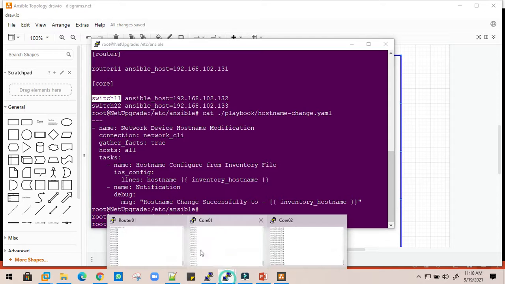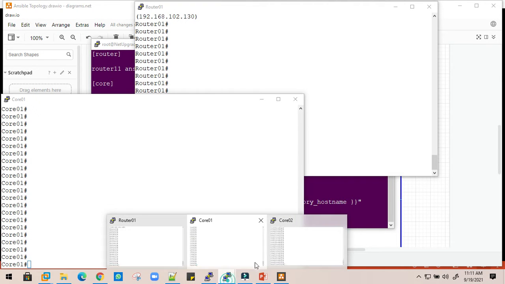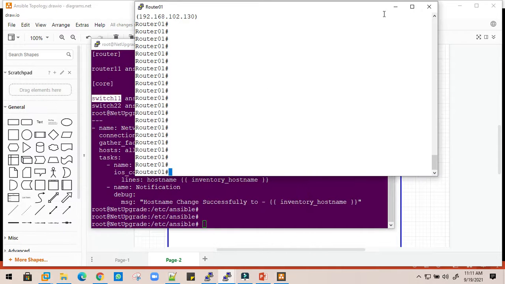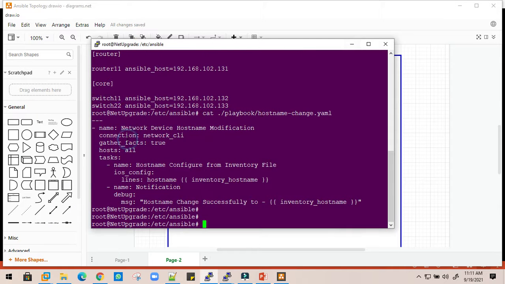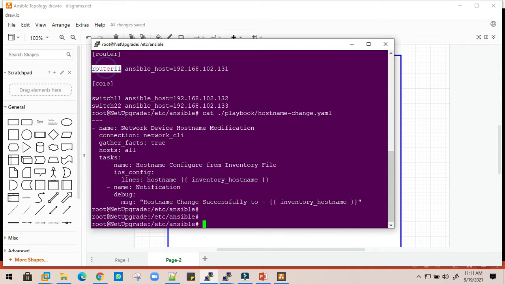We already verified that the names of the devices are router 01, core 01 and core 02. Once Ansible executes this playbook, it will change the hostnames as per the inventory file. After executing the playbook, the router hostname, now router 01, will be router 11, and the switch hostnames, now core 01 and core 02, will change to switch 11 and switch 22.